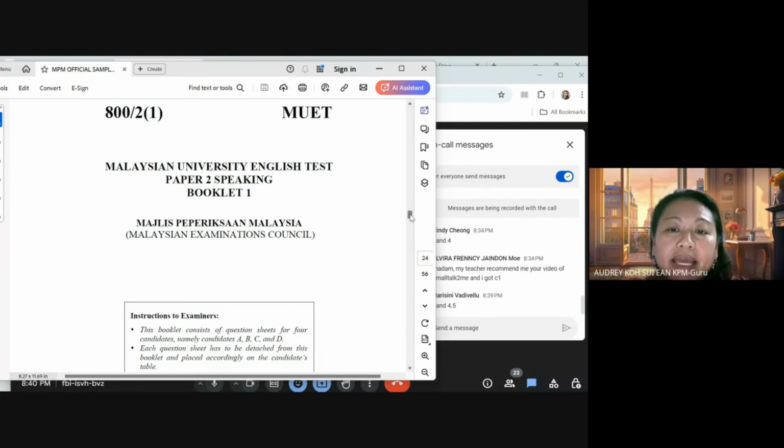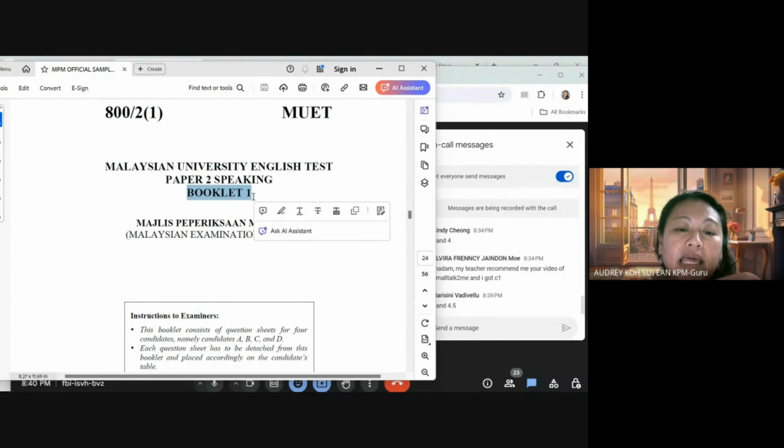So every day there will be 20 people in the first session. So that would be booklet 1. These 20 students will be quarantined, and there will be 5 groups of 4 students each. Each group would have A, B, C, D. And when they enter, they will have 2 examiners, and you will actually see the examiners checking the IC, checking the MET slips, and then opening the question and letting you speak.